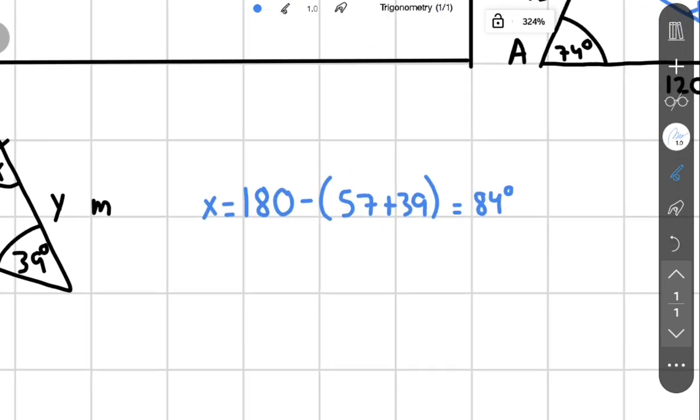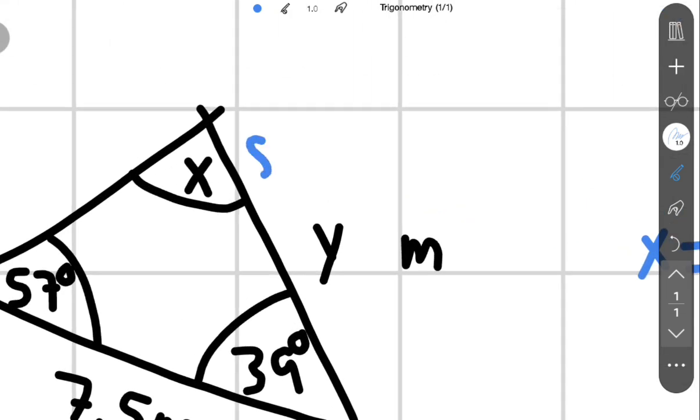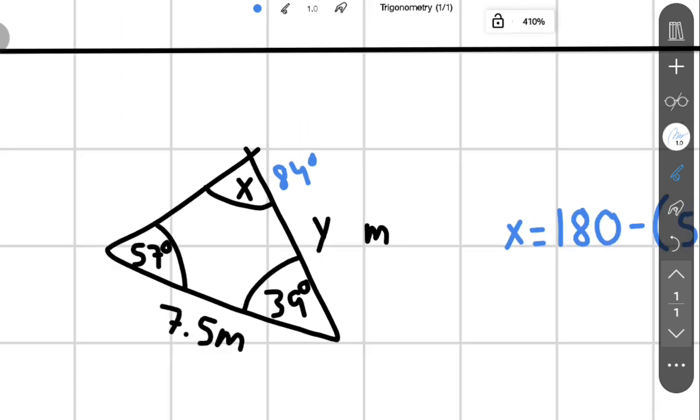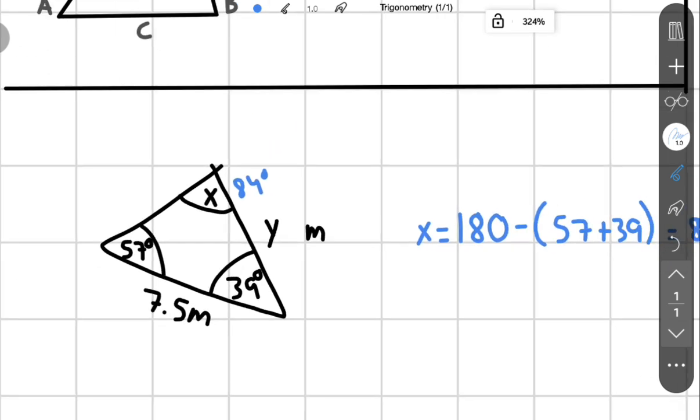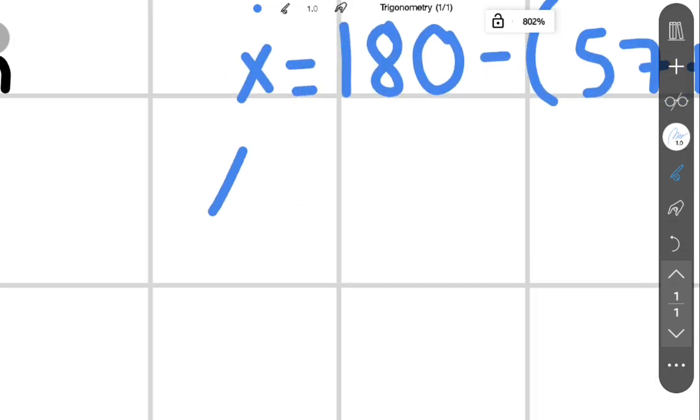And now that we have three angles, we could basically use any rule, by the way. We could either use sine or cosine to calculate y, but I'm assuming that the sine rule will be easier to use. Let's just write 84 degrees here. Since we're calculating a missing side, we're going to use the sine rule, for the missing side. So we'll have y